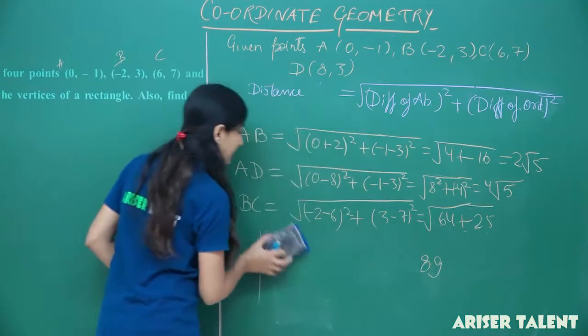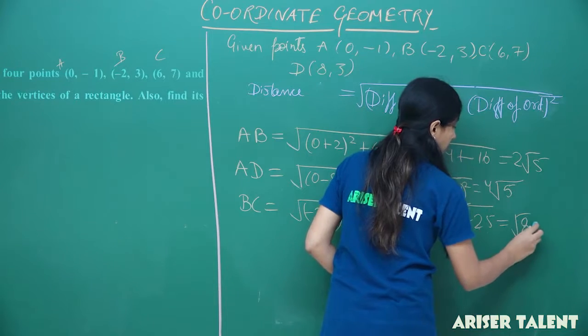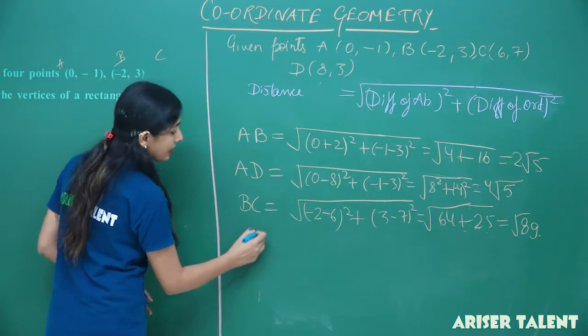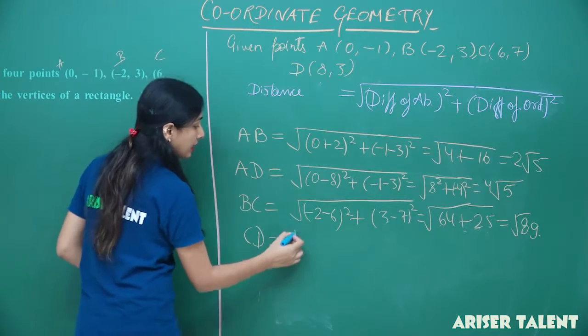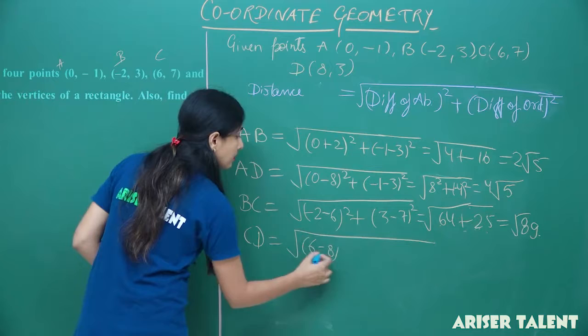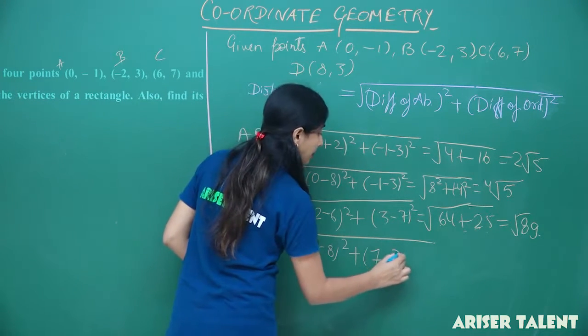So that will be root 80, again 4 root 5. Now CD, if we talk about CD, that will be 6 minus 8 squared plus 7 minus 3 squared,